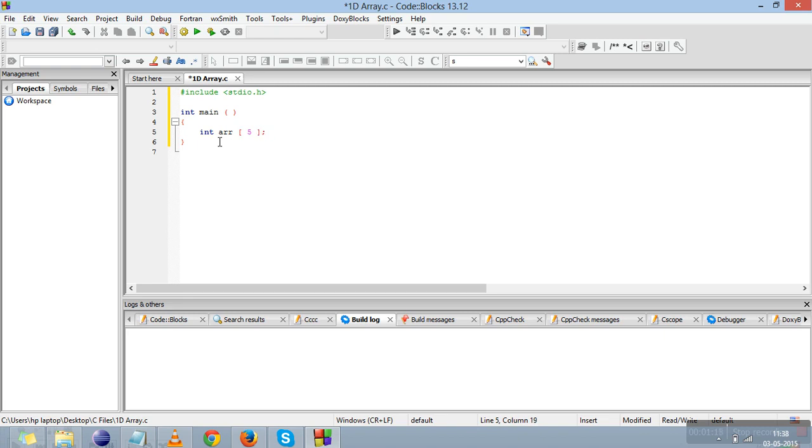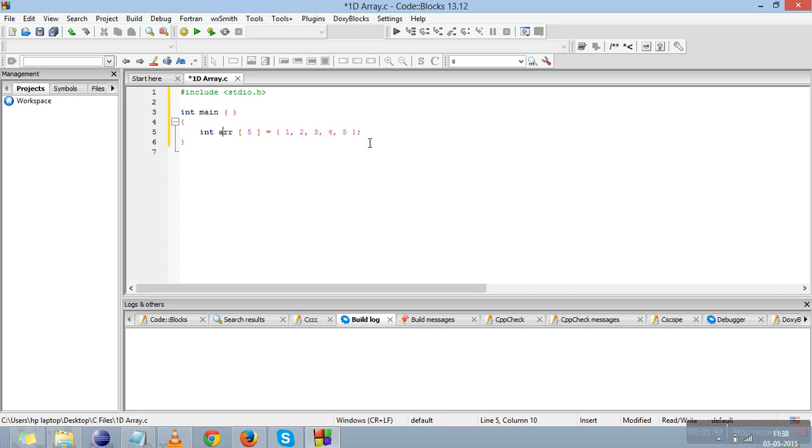This is just the declaration, and if you want to continue with the initialization part, we can do it like this: equal to 1 2 3 4 5. So these are my 5 elements which are stored under the one name. If you compare it with the previous example, you can see that in the previous example we declared 5 elements with 5 different names, but here we have declared 5 integers with only the one name.